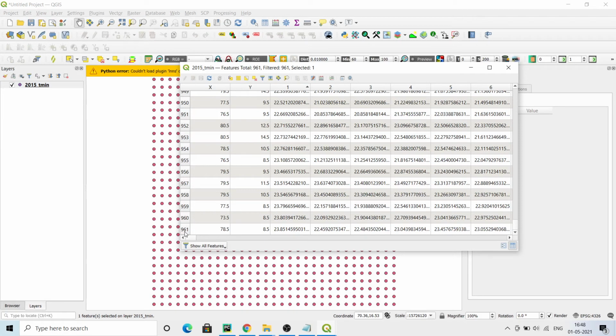It will take some time to select because a lot of rows are there. So it's better to export this as a shapefile first, then you can do the selection and all. It is going to not responding. It will take a while.